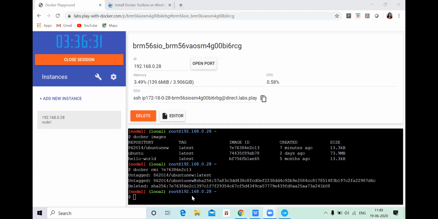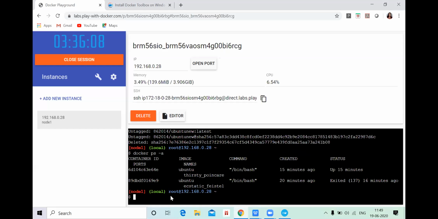Okay, so now let's move towards our next command. Let's check it out. One small program, we'll be showing you the small program. First, let's check all the containers present inside Docker. So we have to write docker ps -a. You can see all the Docker containers present.